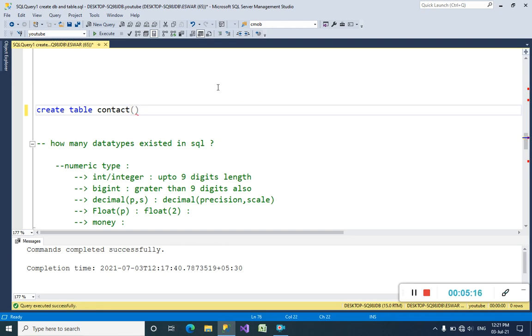We have to decide which data you will store in this contact table. First of all, you want to store your friend's name, his mobile number, his mail, and his address, or anything. We can store anything in contacts, right?